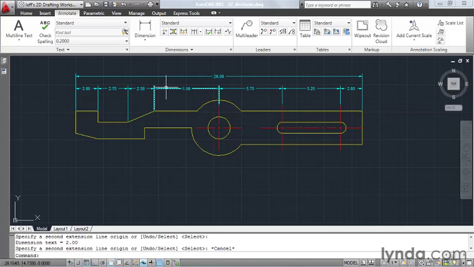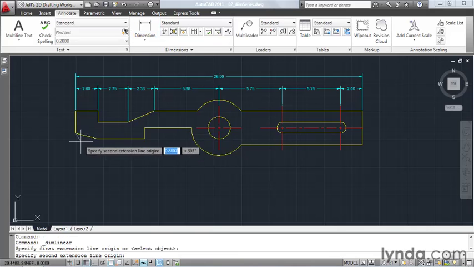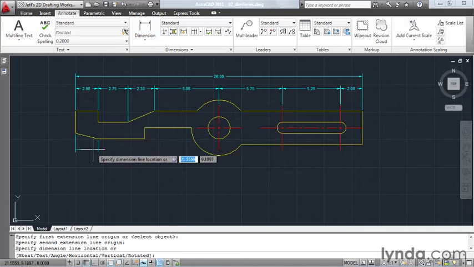Now, this is nice, but what if I'd like to create a series of dimensions to a common baseline? Well, I can do that also. Once again, I'll start by creating a dimension. I'll click Linear, and I'll create my dimension from the endpoint here to the endpoint here, and I'll pull this